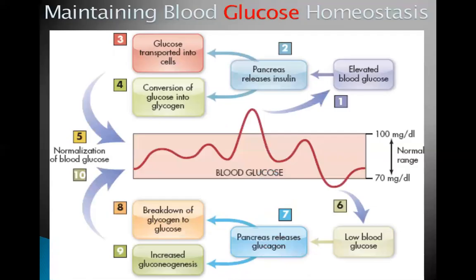This is a diagram of blood glucose levels over time and how hormones will respond. After you eat a carb-containing meal, you'll have high blood glucose. The pancreas will release insulin. That insulin will cause glucose to be taken up to the cells. It will also convert glucose to glycogen. Then your blood sugar will go back to normal. If you have low blood glucose, your pancreas will release glucagon, which will cause breakdown of glycogen to glucose molecules. And if you have run out of glycogen, it can also help cause gluconeogenesis, which is the formation of glucose from non-glucose molecules.